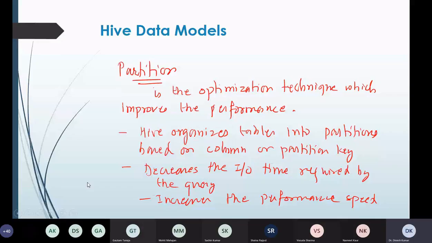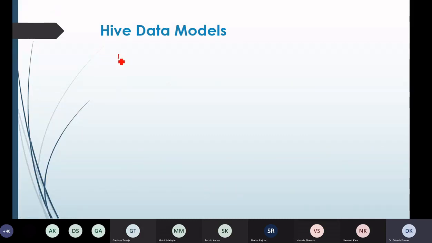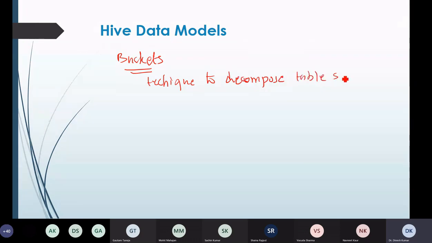So this is partition. Then the third structure of this Hive data model is called buckets. Buckets is also a technique. It is a technique to decompose the table data set into more manageable parts, just like our partitions.